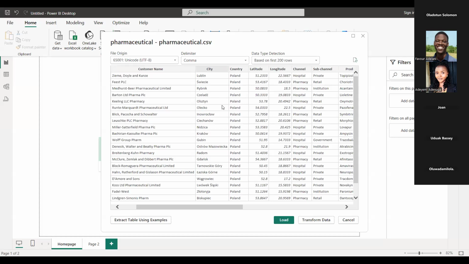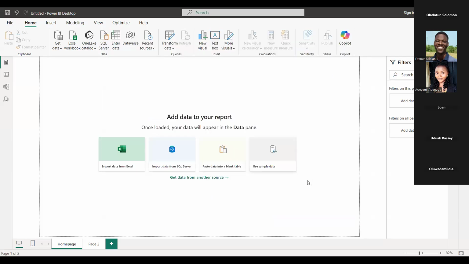So we have load, transform data, and cancel. Let's take a good look at the data before we bring it into Power BI properly.